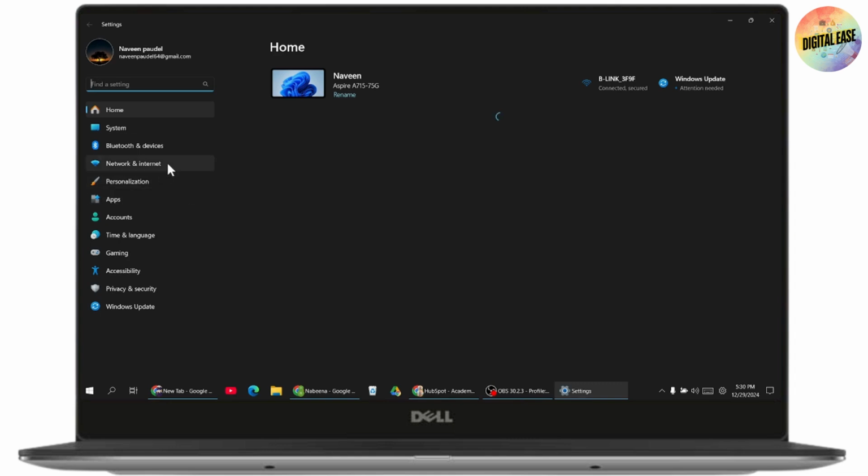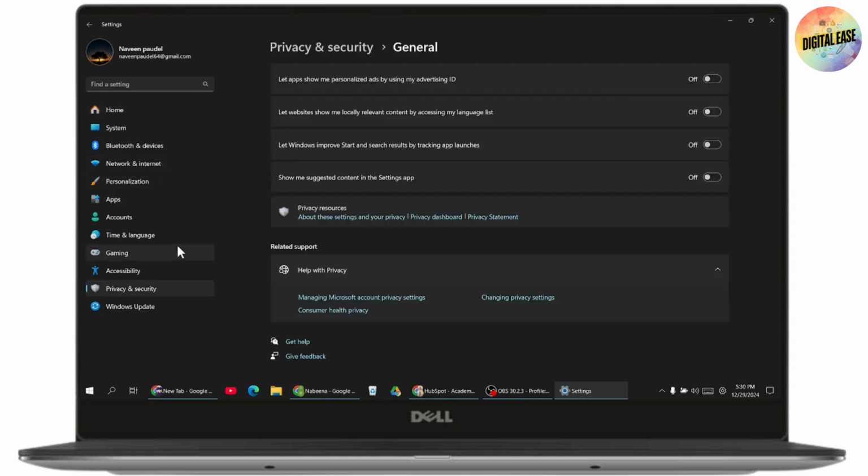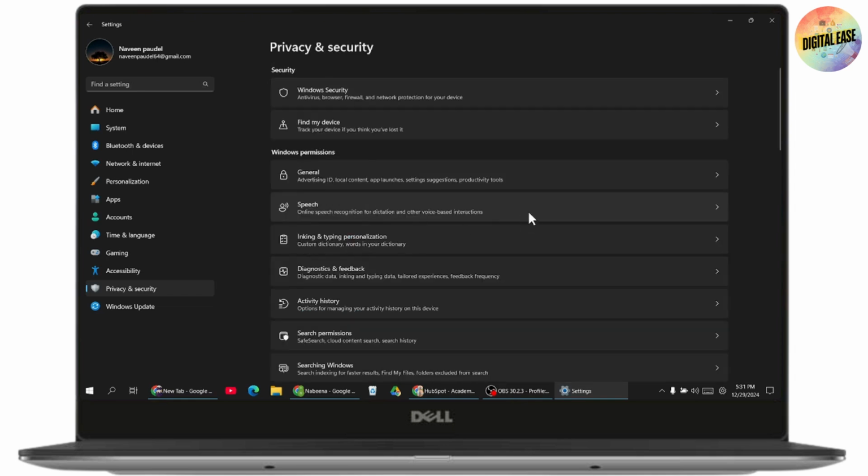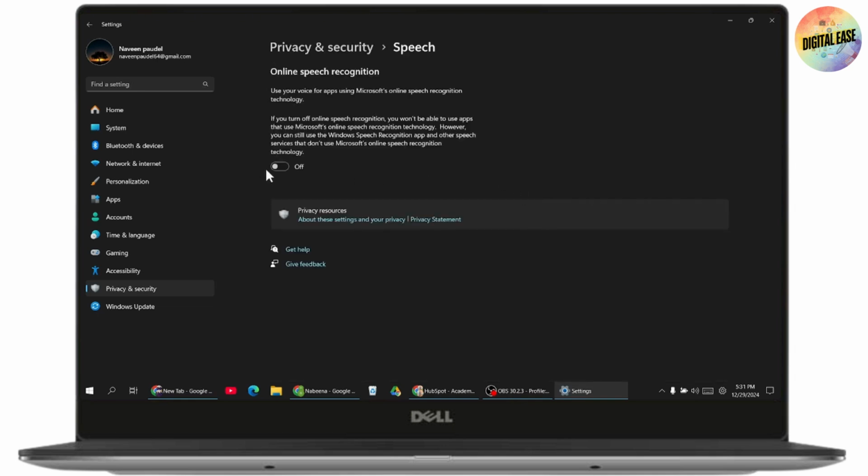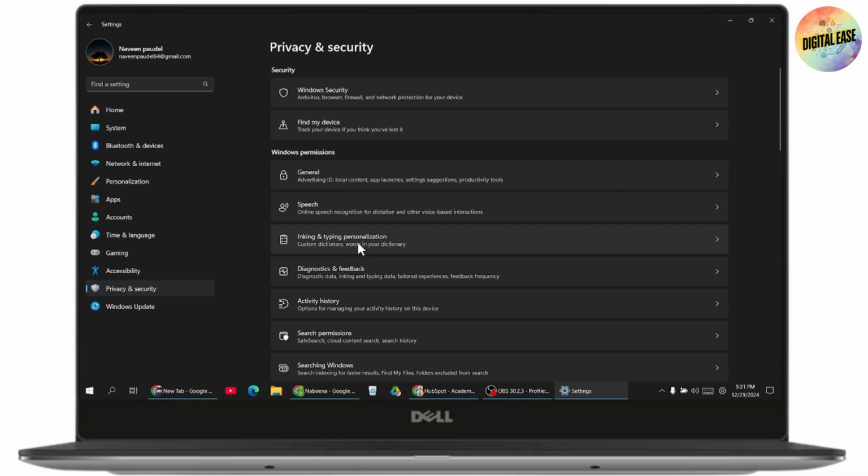If you're using your Windows 10, you need to go with General section. But if you're using your Windows 11, you need to go with Privacy and Security and then go with General. Now under General, make sure that all of these options are turned off. And after that, find the speech option and make sure that the speech is also turned off, and go with